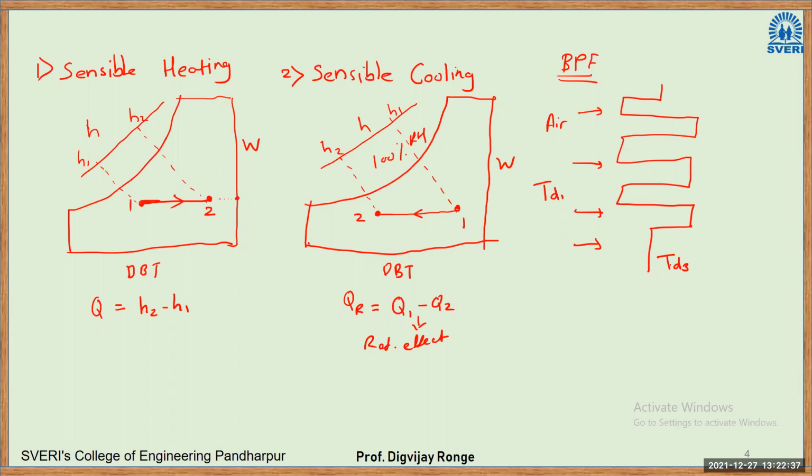But in actual, it does not happen. Why does it not happen? It gets the temperature TD2, which is slightly less than TD3. It happens because of convective heat transfer. It depends on various factors like surface in contact, the heat transfer coefficient, the properties of air, etc. So this can be better shown by another diagram.